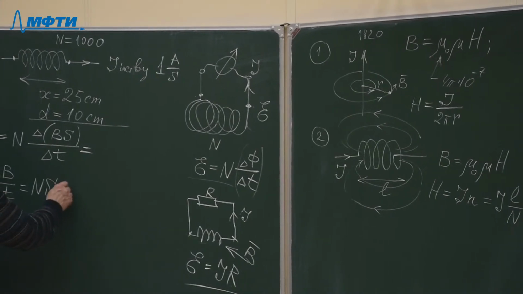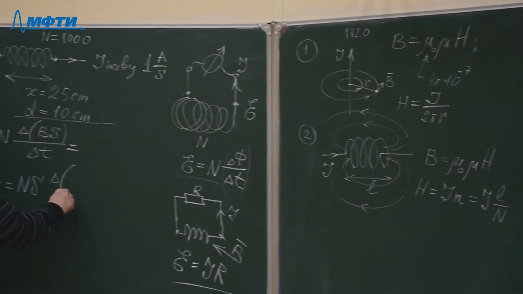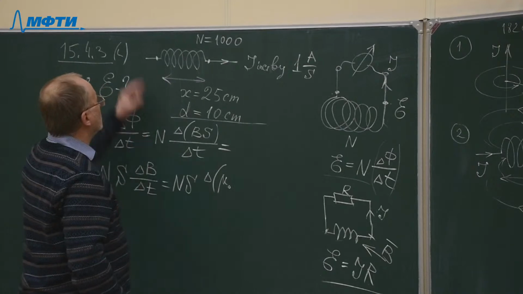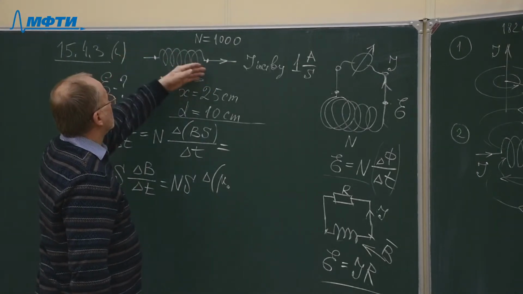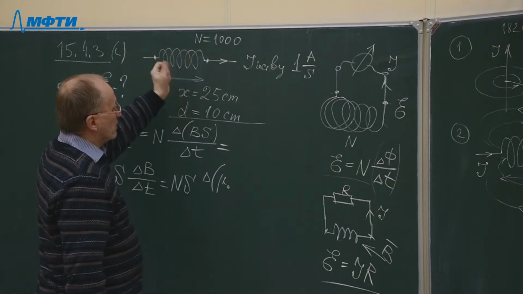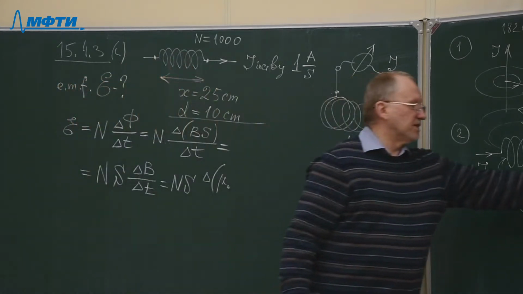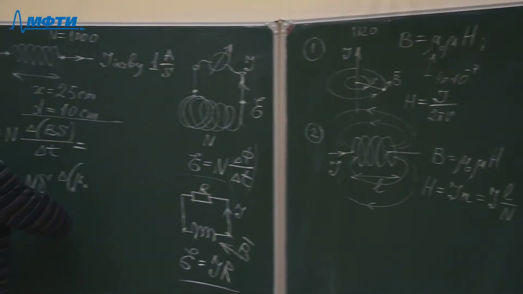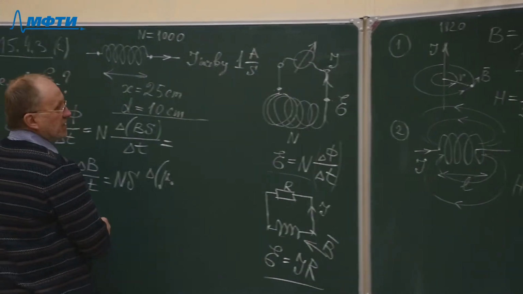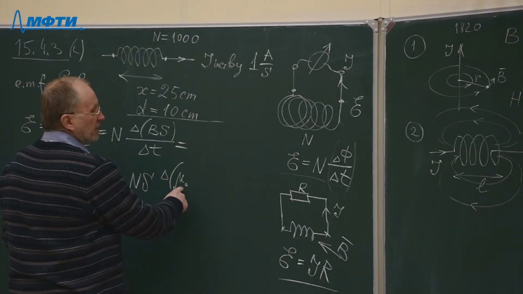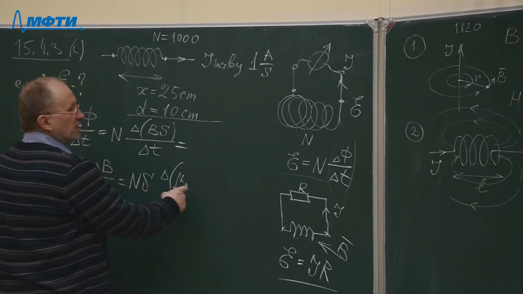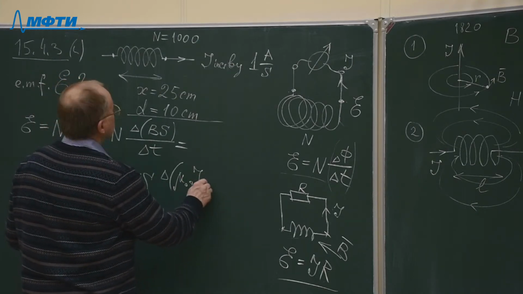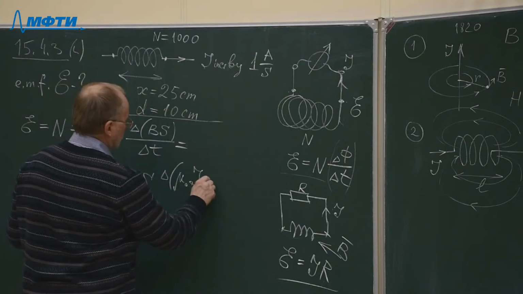So we must calculate delta B, the magnetic induction. It's mu0, and the coil is empty, there is no core in this solenoid, so there is no magnetic permeability, which is just unity for the air. Magnetic permeability mu is unity. So we have to take into account that magnetic field B is determined by mu 0, the strength of electric current, the length of solenoid, in this case it's x,